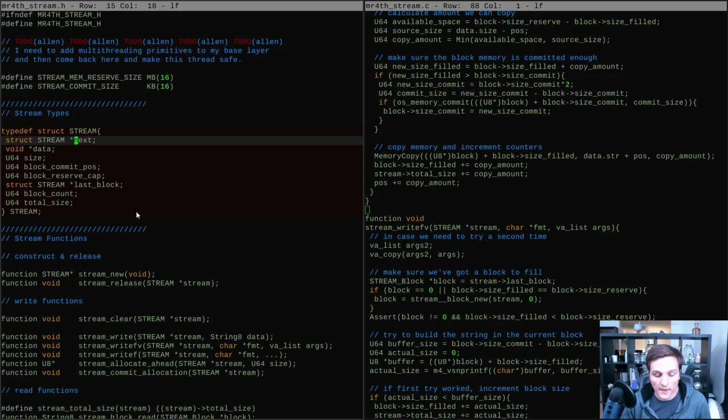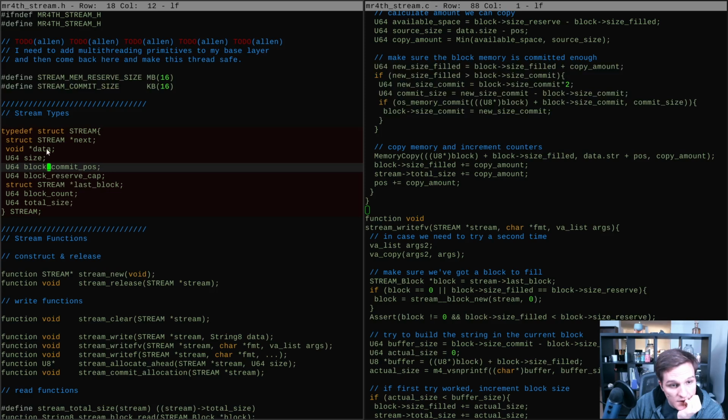And they shouldn't remain linked to each other when they go onto the free list. So something we could do is, if we're going to have small nodes and they only need this much of the space,